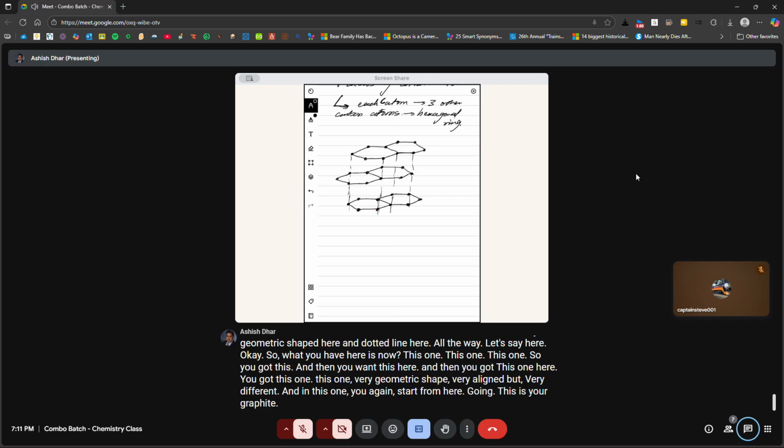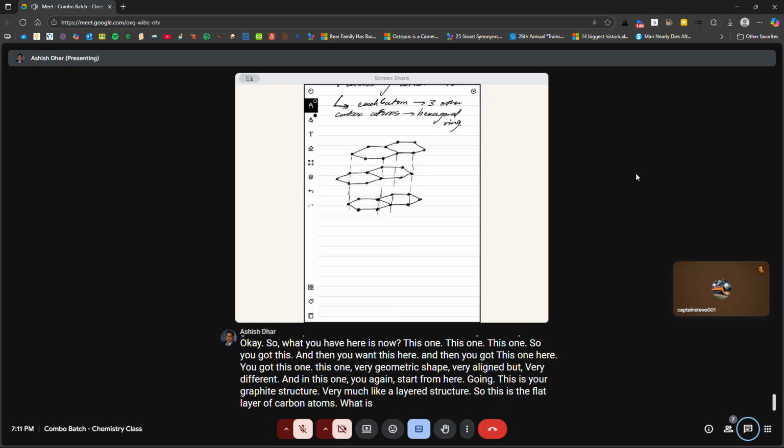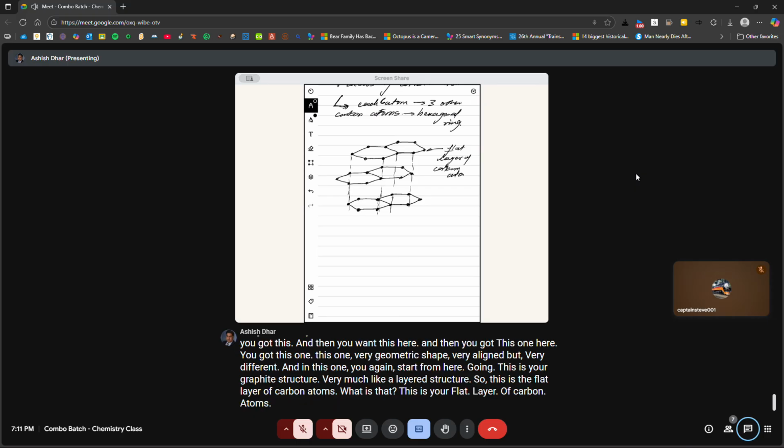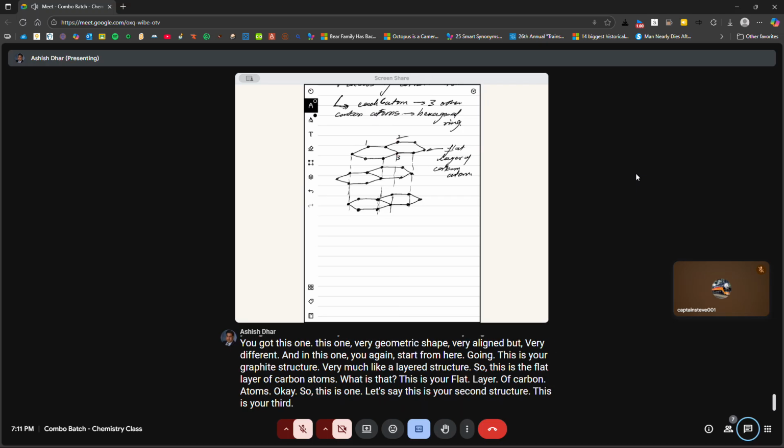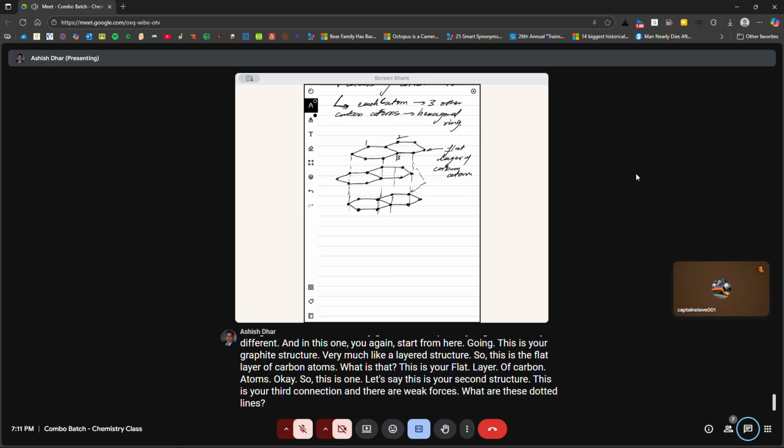This is your graphite structure, very much like a layered structure. So this is the flat layer of carbon atoms. This is one, let's say this is your second structure, this is your third connection, and there are weak forces. What are these dotted lines? These dotted lines are nothing but weak forces